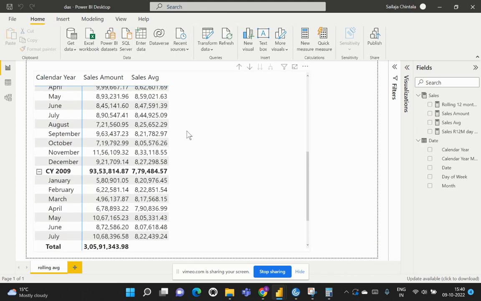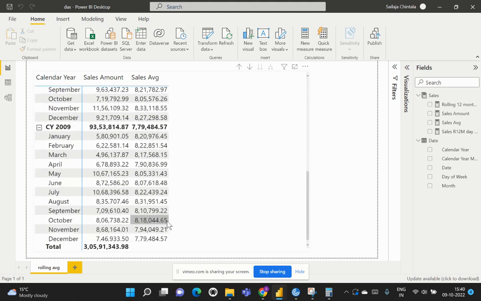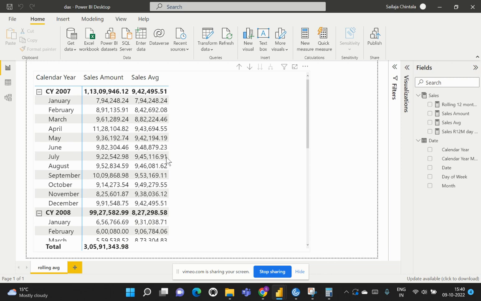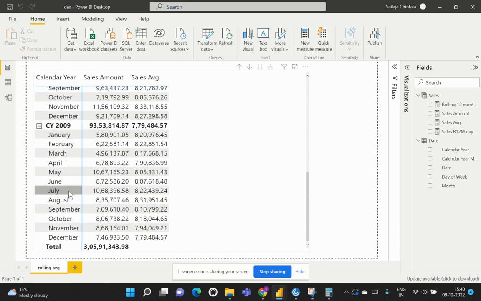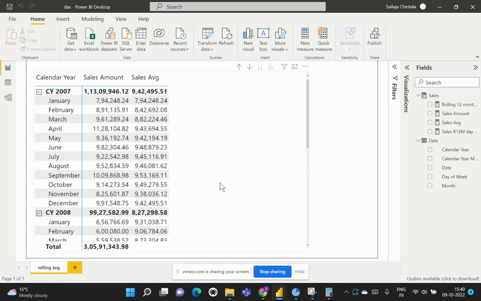Okay, so now if I just scroll down, the calculation that we have updated seems to be working fine, because we do not see that 2010 year sales data being updated here, right? Which means that our expression is working fine without any errors. So this is how we are able to calculate the rolling average for 12 months duration